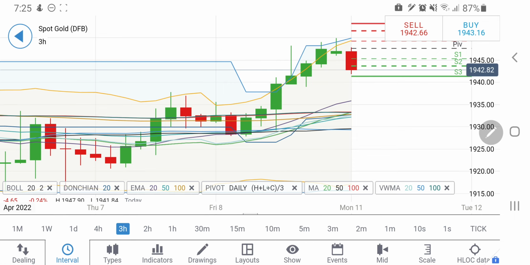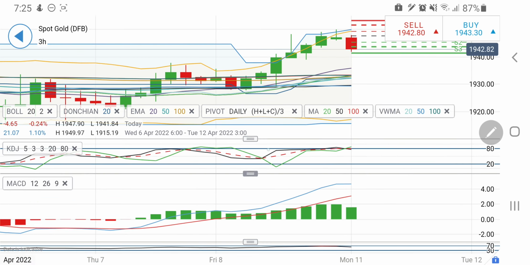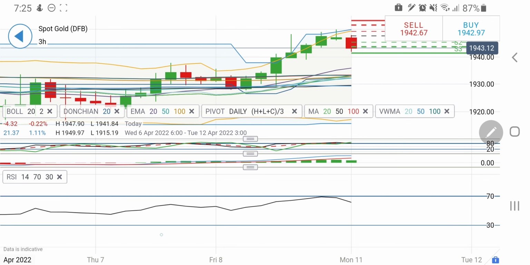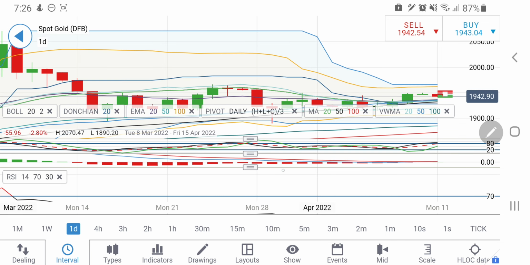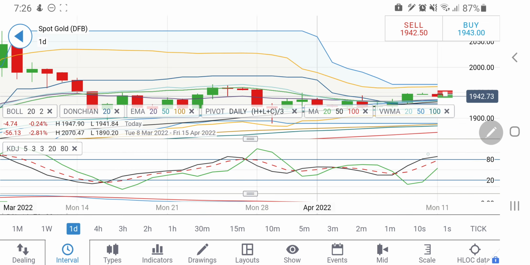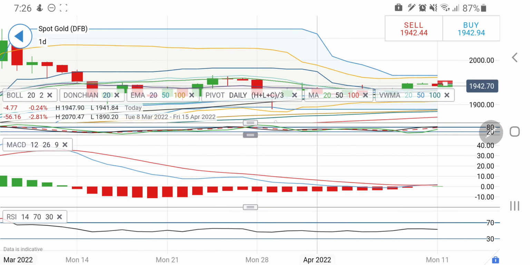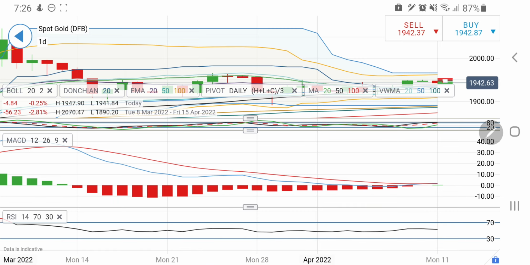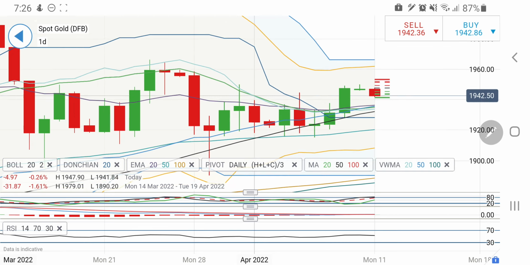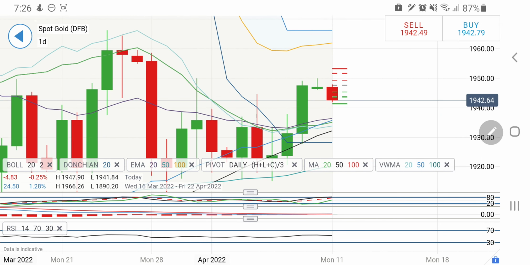I will summarize everything, just hold on with me. On the 3-hour chart, the stochastic is again overbought and MACD is trying to converge. RSI is looking downwards here. Similarly on the 2-hour charts, everything is aligned here. Now looking at the daily charts, the daily stochastic is overbought also, and the interesting point is there is a crossover on MACD. Hence it is recommending that yes, it is still bullish as it has crossed over on the buy side. However, I'll be watchful of today's candle. If today's candle fails to go green, then possibly it may try to drop a bit. But how far this could go, let's try to find out.